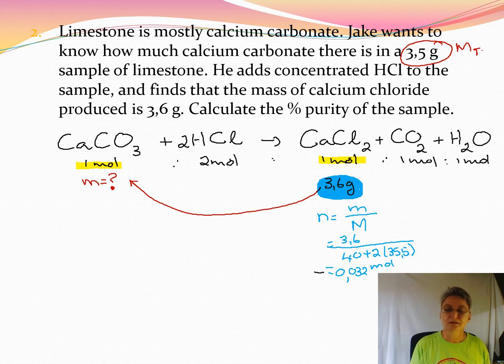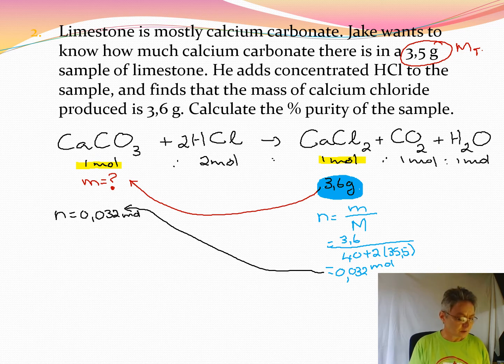So that would be the moles of calcium carbonate required to form 3.6 grams of calcium chloride, 0.032 moles. Now I've kept the unrounded answer on my calculator, so my final answer is going to differ slightly from this using 0.032. So the mass of calcium carbonate is the moles times the molar mass of calcium carbonate,